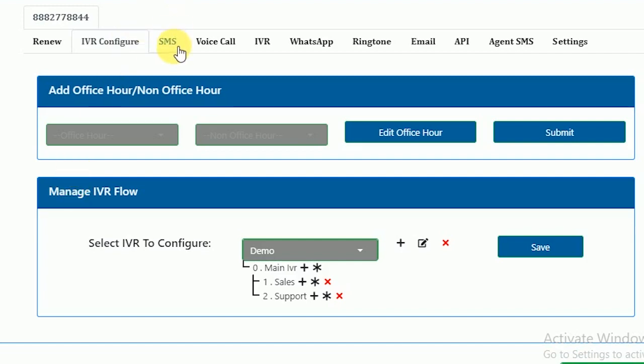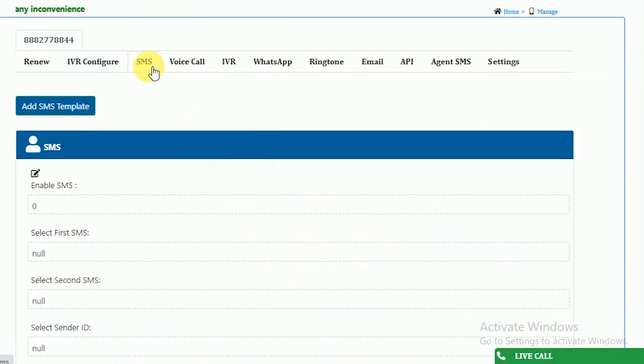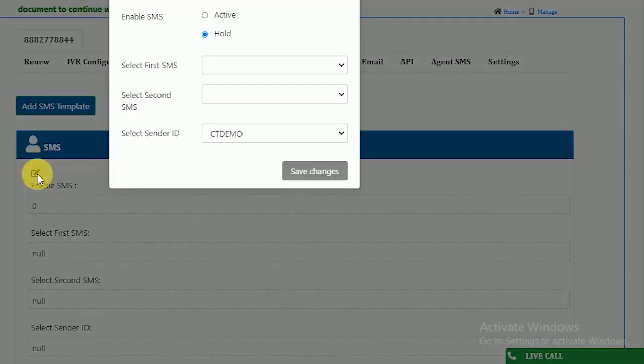So moving on to auto reply SMS feature. Auto reply SMS means a text message will be sent automatically on your customer's number once he disconnects the IVR call. So to enable auto reply SMS, you need to click over here. You need to select the status as active, and also you can send different SMS content to the customers who call for the first time and a different one if the same customer calls for the second time. That is the first SMS and the second SMS.